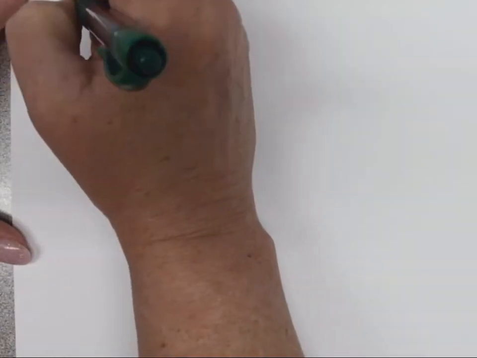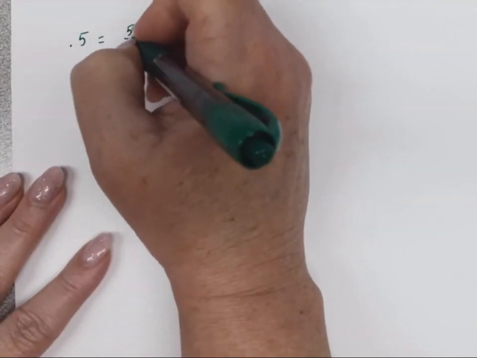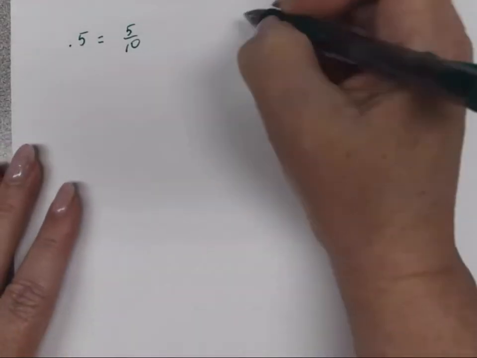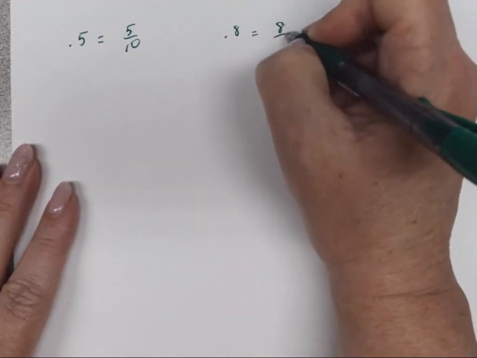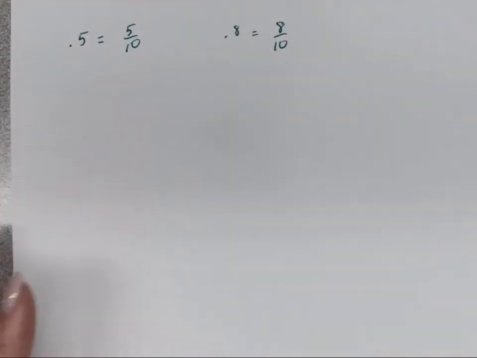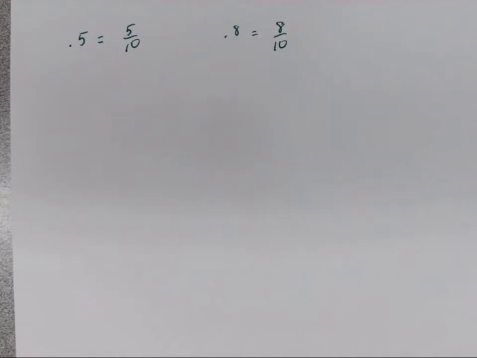All right, so we're looking at 0.5. That means the same thing as 5 over 10. If we're looking at 0.8, that means the same thing as 8 over 10. So that you understand, that's 5 tenths and that's 8 tenths. So that can give you a little bit clearer